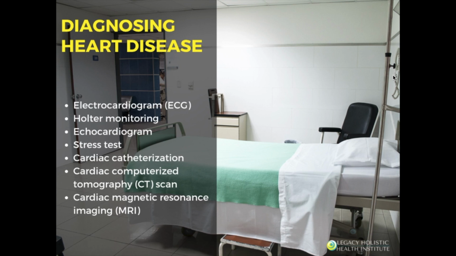The pressures in the heart chamber can be measured directly, and dye can be injected. Now, this dye can be injected and is seen on an x-ray. This helps the doctor to see the blood flow through the heart vessels and valves to check for abnormalities. So from a cardiac cath, the doctor is able to see the true percentage of how well the heart is actually functioning that may not be able to be noticed during a regular blood pressure or through an echocardiogram or through an electrocardiogram or ECG.